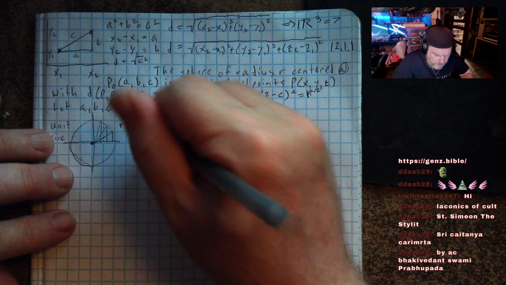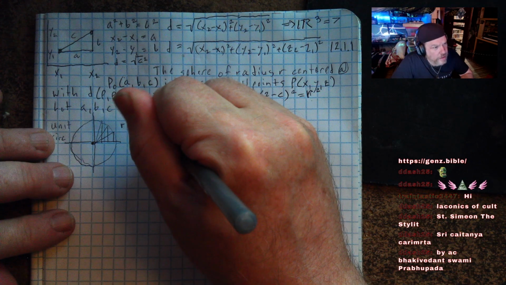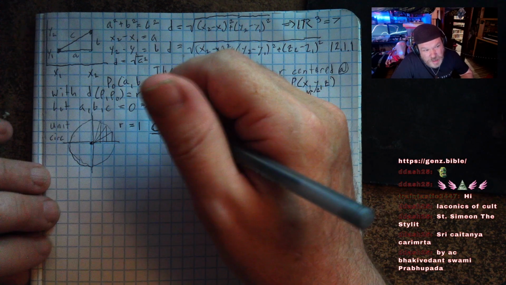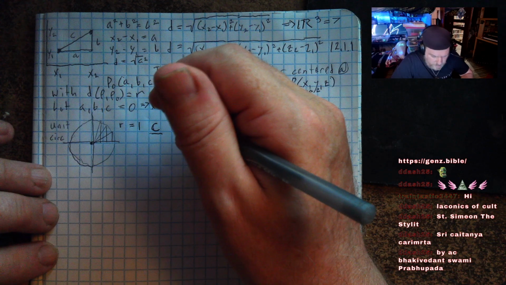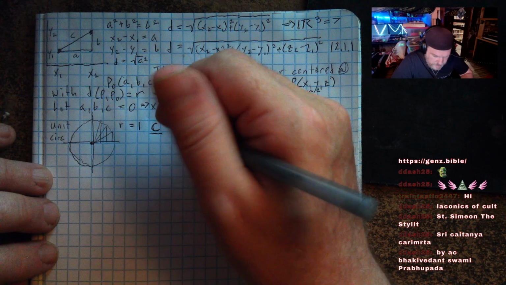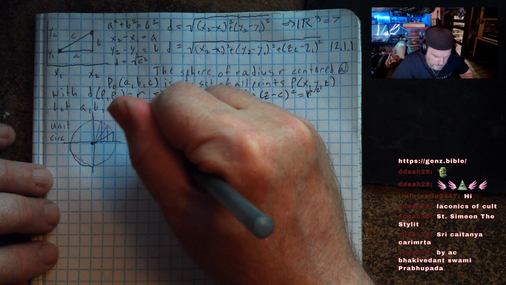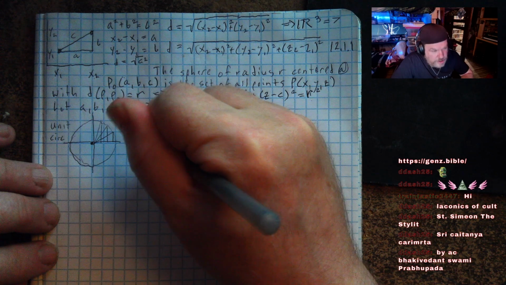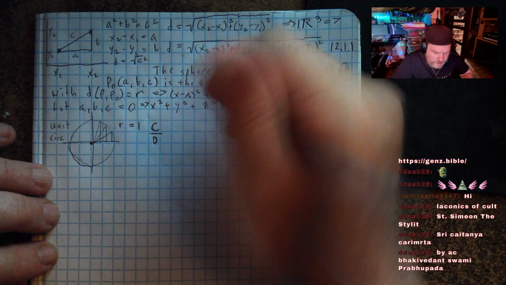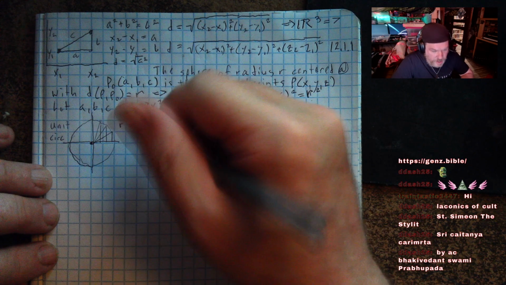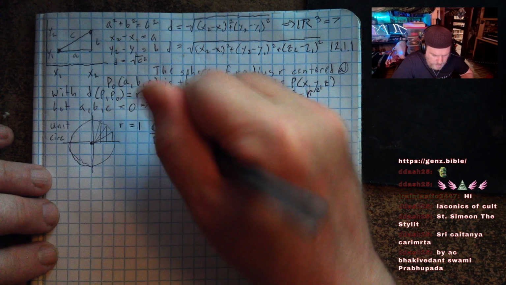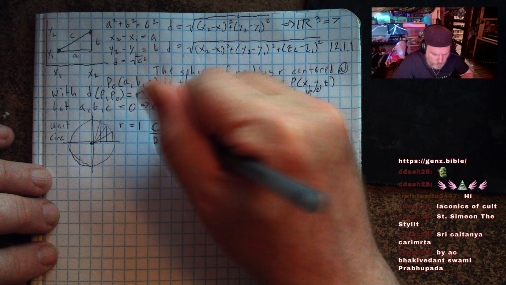And then you take that string and lay it out flat and measure it with some measuring device. Calipers would be really nice, like if you had those from physics lab or something like that. Some way to make a real accurate measurement of it. And take C divided by D, and you're going to get something close to 3.14,